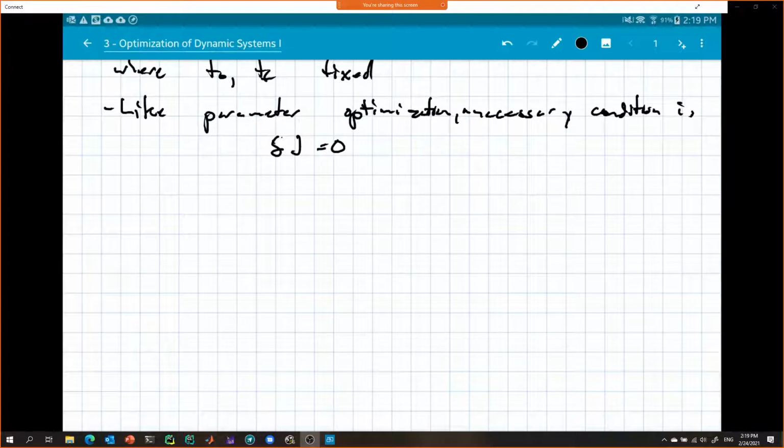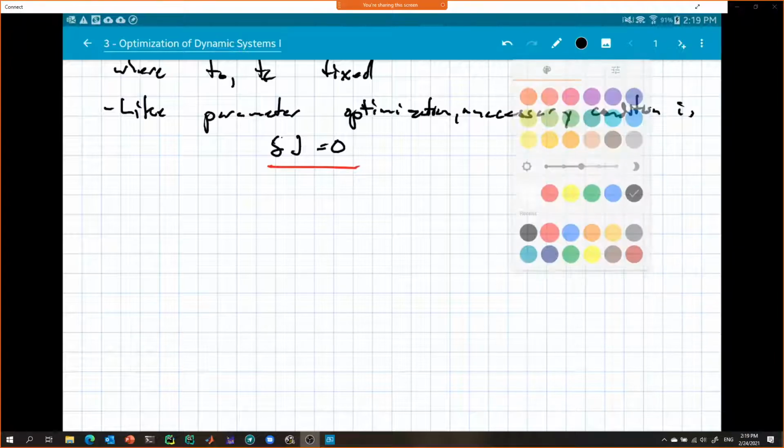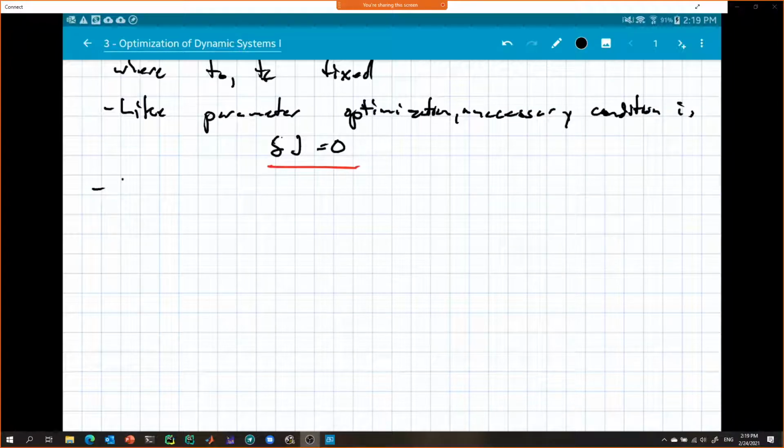And this is the goal here. So to analyze the variation of J, we need